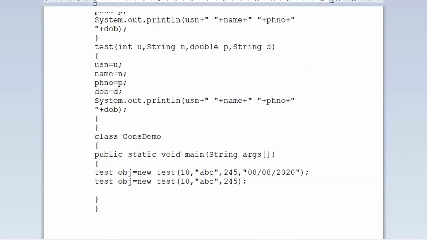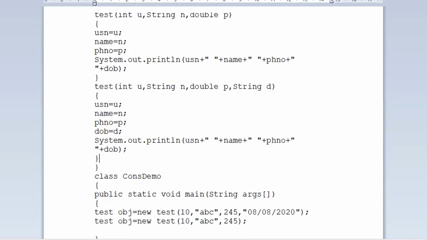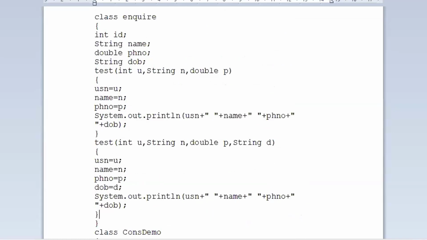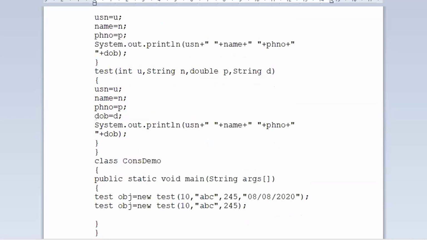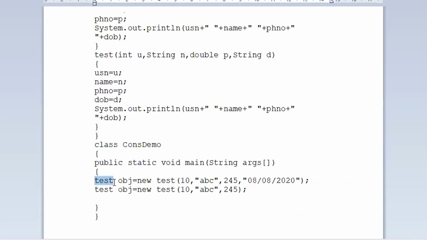Shall we cross check what are the things we have written? Yes. We have declared a class called enquire. So let me create an object of enquire. Copied, so as not to make any spelling mistake. I'm creating an object of the enquire class.